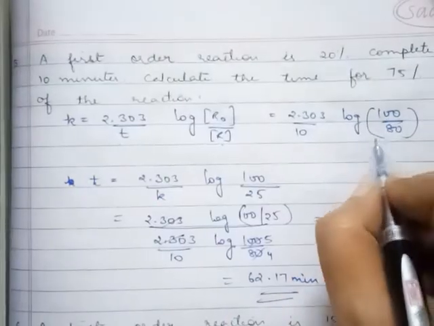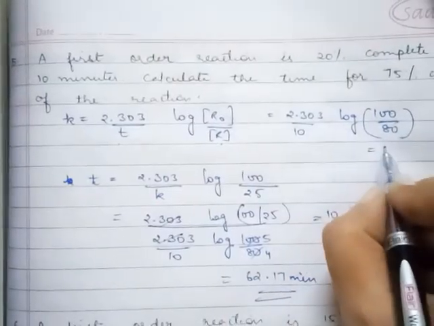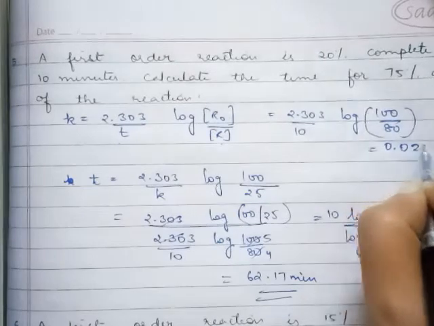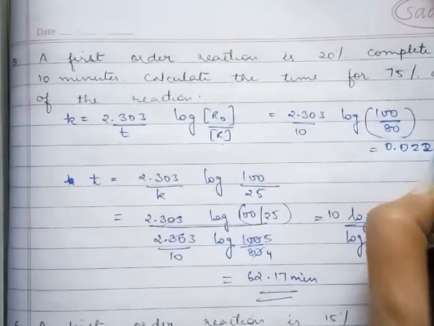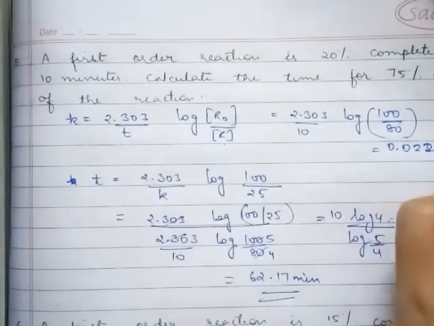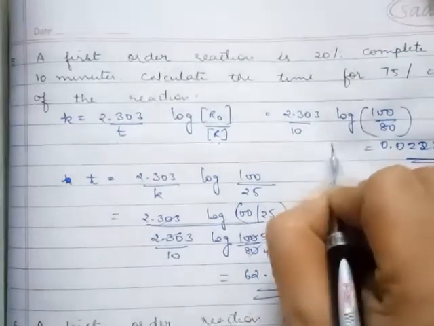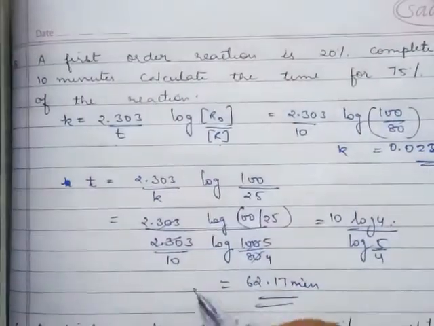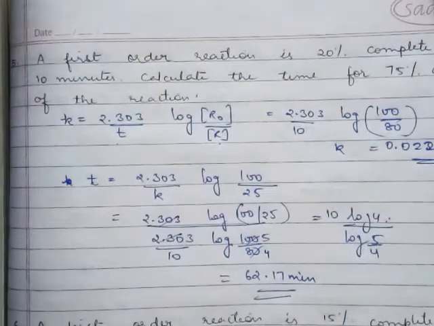And when you simplify this rate constant on putting the log over here, if you want to do this, you can substitute and you will get the answer as 0.0223 minute⁻¹ as k. k की वैल्यू डाल देना चाहिए तो सेकेंड पार्ट में, you will get the answer in the same manner.